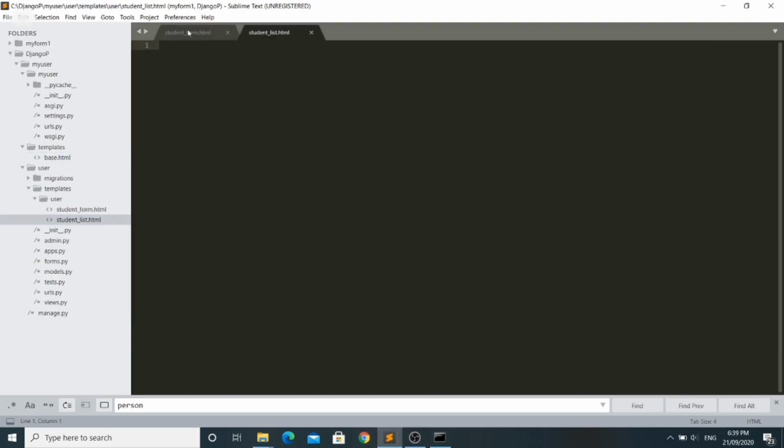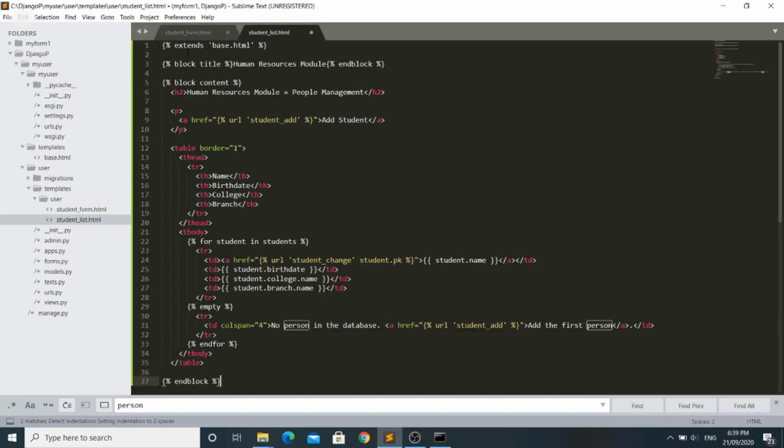I have created two more HTML templates, one for the student form page and another for the students list page. Let's add some code to the students list page. First I have extended base.html, and then created my HTML template.